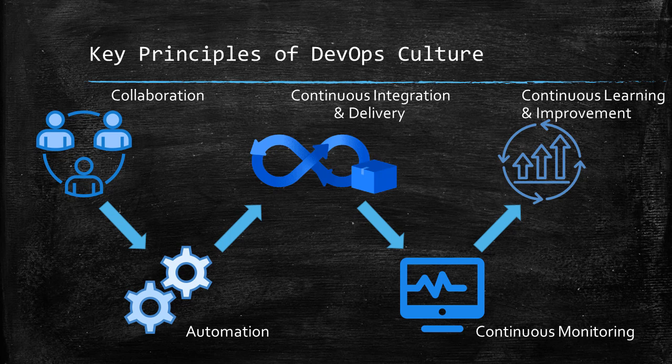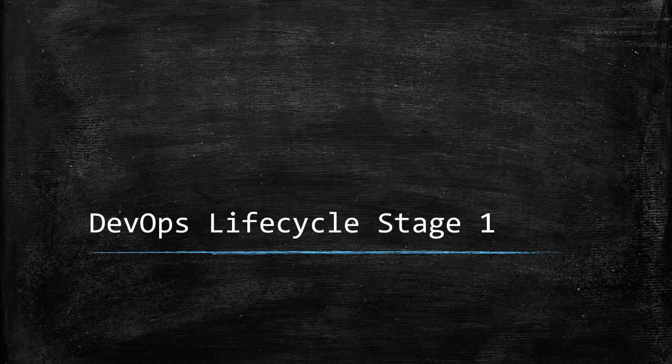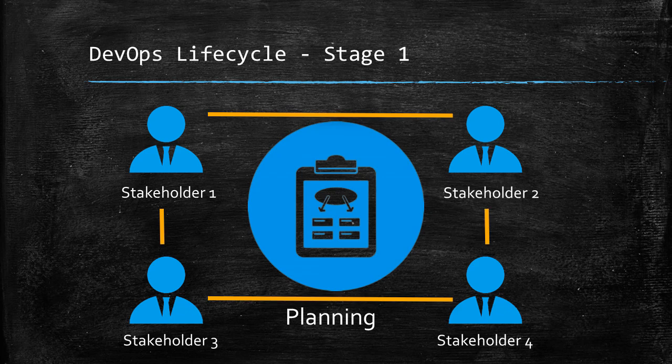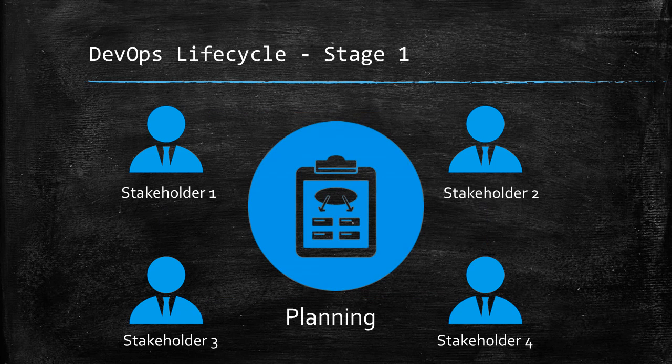Now that we understand the DevOps culture, let us move on to the first stage of the DevOps life cycle. The first stage of the DevOps life cycle is planning. In this stage, the team identifies the business requirements and determines the scope of the project. The team decides on the resources required, the timelines, and the objectives to be achieved. This stage brings all the stakeholders together to brainstorm over the requirements, enhancement requests, and then lay out a plan that would be executed using agile development.